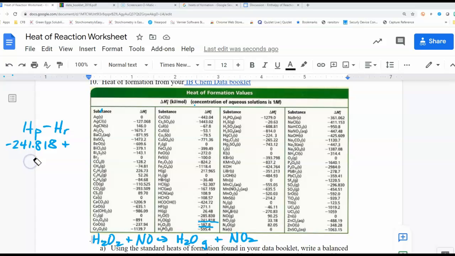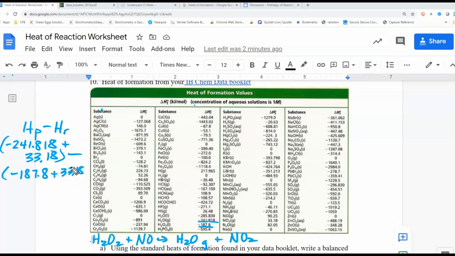So that is my products. And from that, I'm going to subtract my reactants. My reactants were H2O2, which is negative 187.8. And to that, I'm going to add the value for the NO, which is